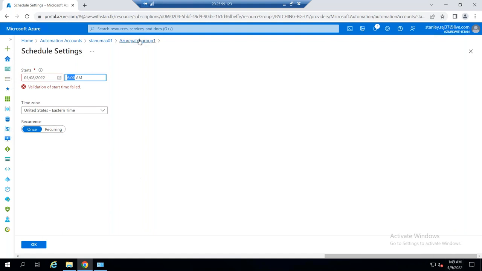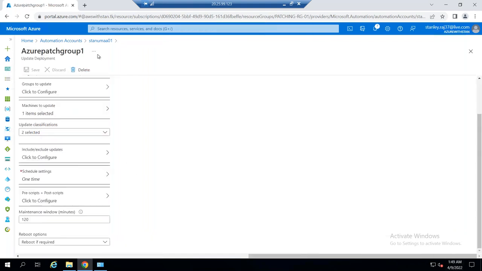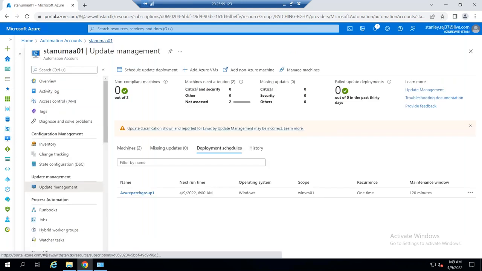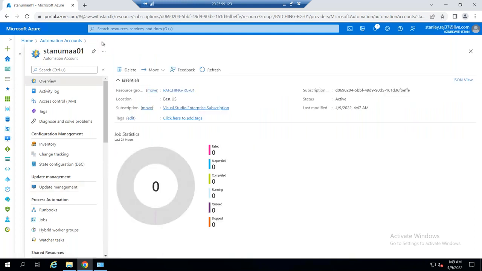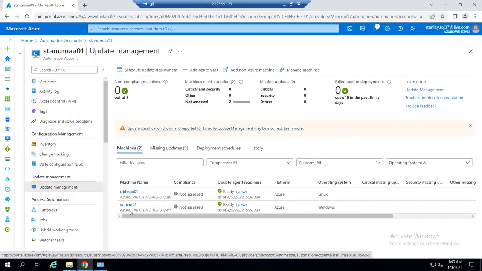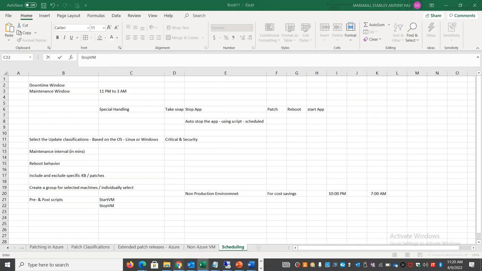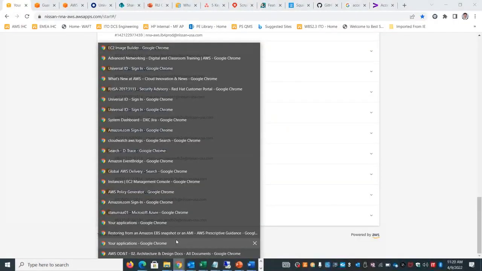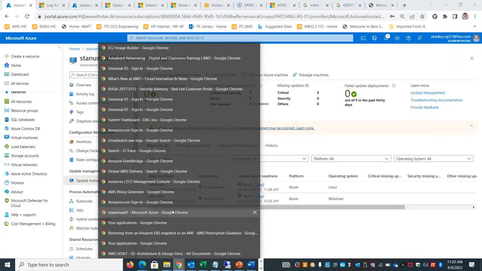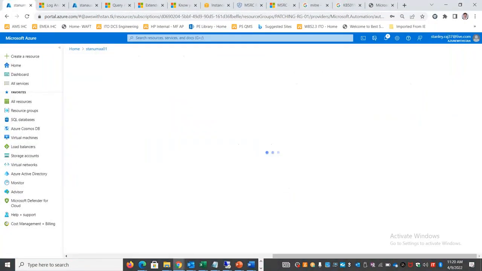Okay, let's cancel it. Okay, let's try 6 a.m. only. Let's wait to see if it works. Ideally it should happen. Okay, let's refresh. Because of the time zone differences, it's having some challenges. Let's go here. Okay, now I can see the Ubuntu Linux is now ready. Okay, maybe I can create the group in my machine's time zone, I don't want to get confused with my time zone. Okay, now let me go and schedule an update,